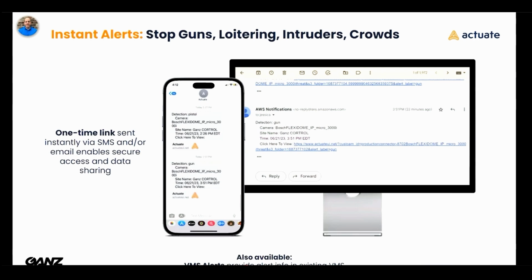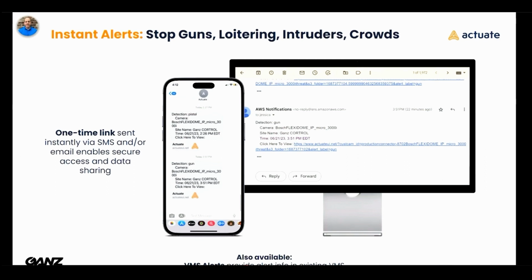This is an example of how a detection looks. In this example, it's a gun detection test we did here in our office in New York. On the left side, you can see how a text message alert will look. On the right side, you'll see how an email message would look. When we push it to different systems, it will have different properties, but basically it will always give you the specifics of the camera, the site, the time, and the images with the bounding box around the threat, which we can see on the next slide, actually.